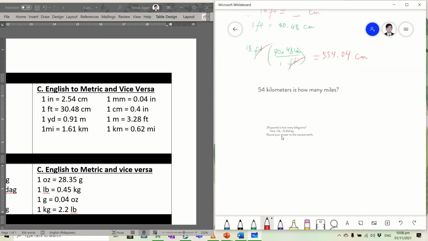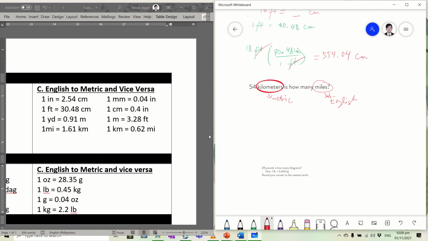Okay, let's have another example. 54 kilometers is how many miles? So still, we're talking about length here. Kilometers is metric, and then miles is English. So we're converting a metric to an English unit here. So we find our conversion factor first from our table. It's in length, and then